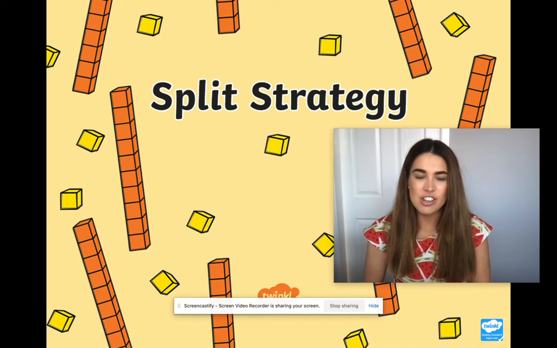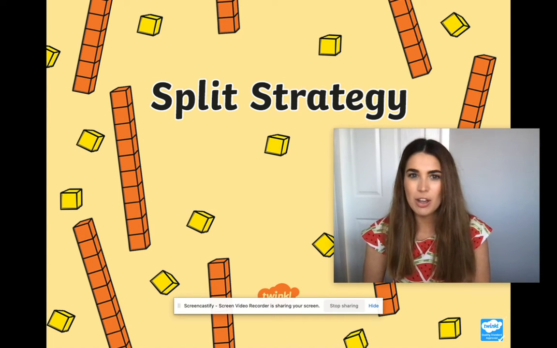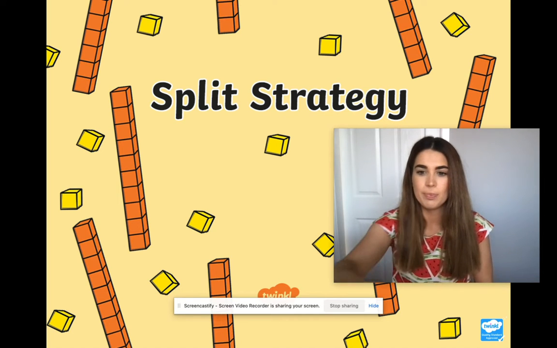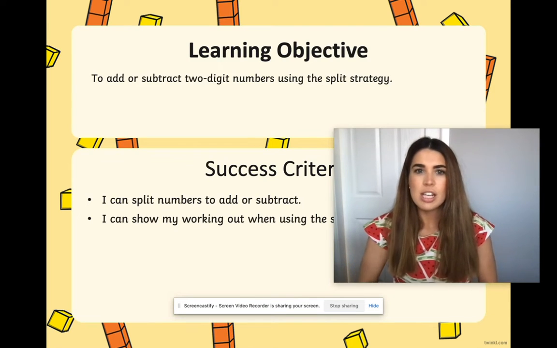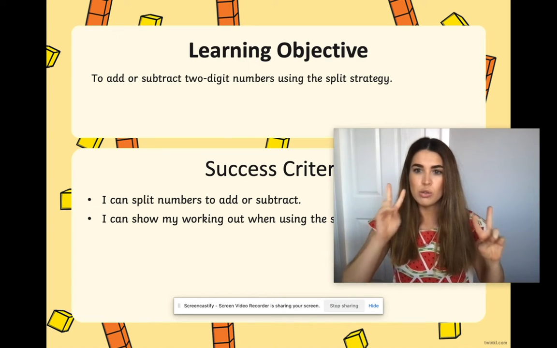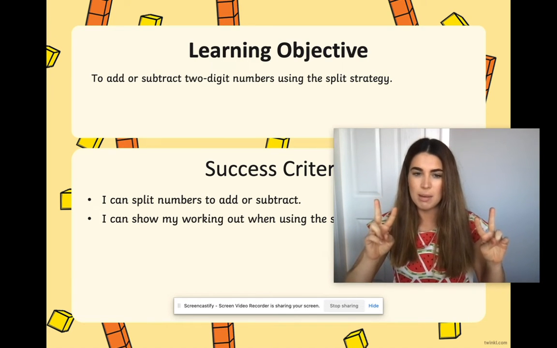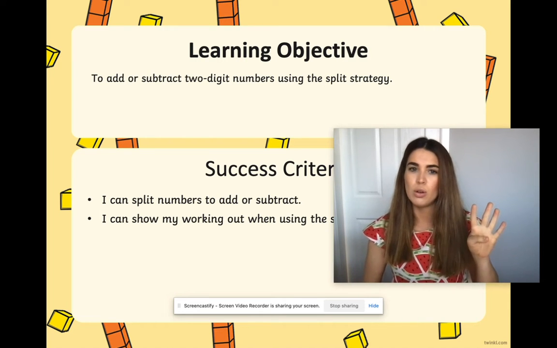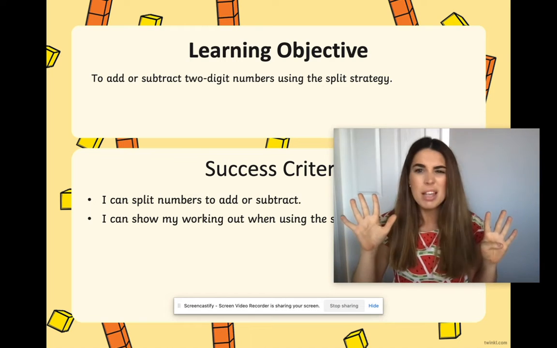The split strategy is the strategy we're going to be learning today. Now, some of you may have already seen this strategy, and for others, it may be very new. It's quite a challenging strategy for year one. Split strategy is a strategy that we can use when we're trying to add two-digit or more numbers. So if I'm just adding two one-digit numbers, such as 4 plus 5, I'm probably not going to use the